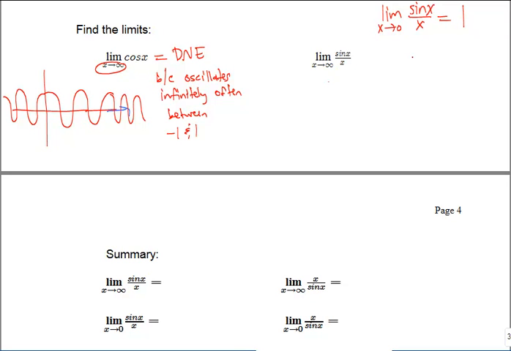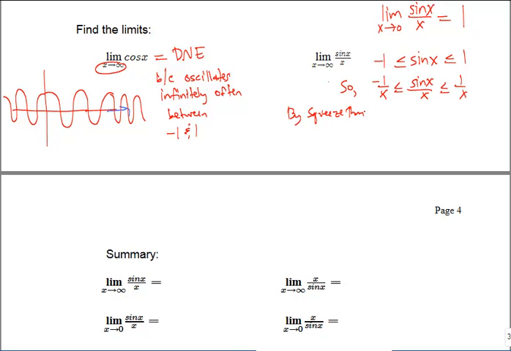Now the way I'm going to do that is I'm going to use the fact that I know that the sine function is bounded between -1 and +1. It's always in between those two values. That's true. So now what I'm going to do is take this triple inequality here and divide everything by x. So I'm going to divide the left side by x, the middle by x, and the right side by x. So that inequality will still be true. And so by the squeeze theorem,